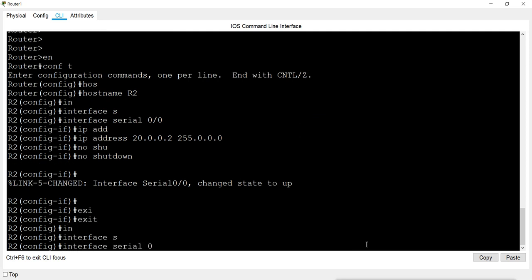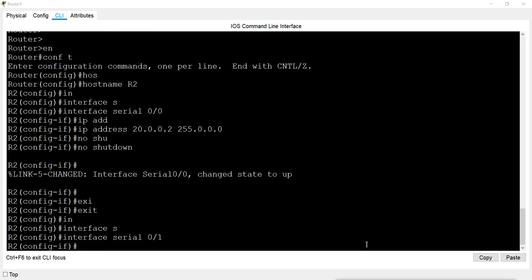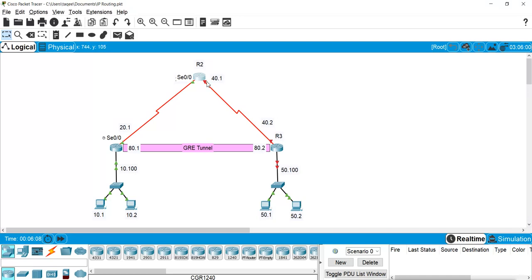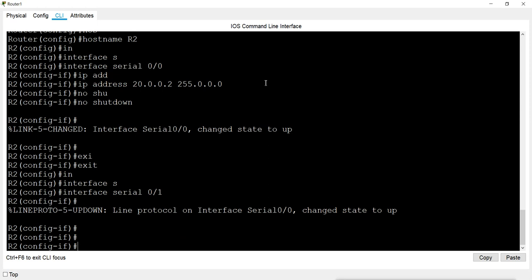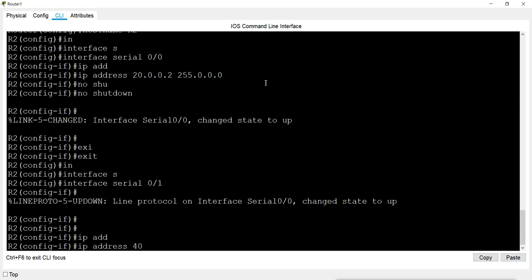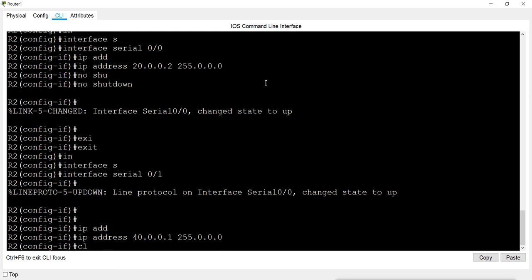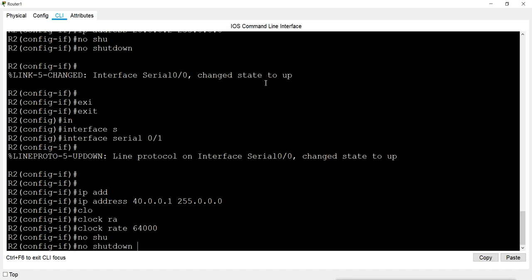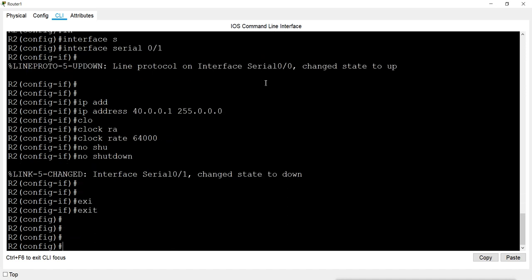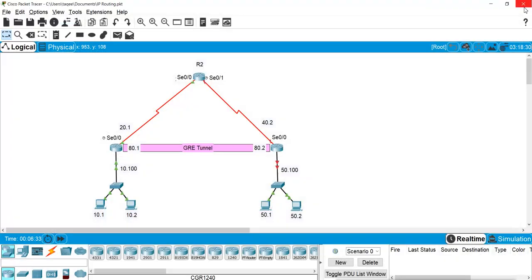That interface 0/1, which is this interface, and this interface IP address will be 3.0.0.1 with the clock rate. Then I will configure this.